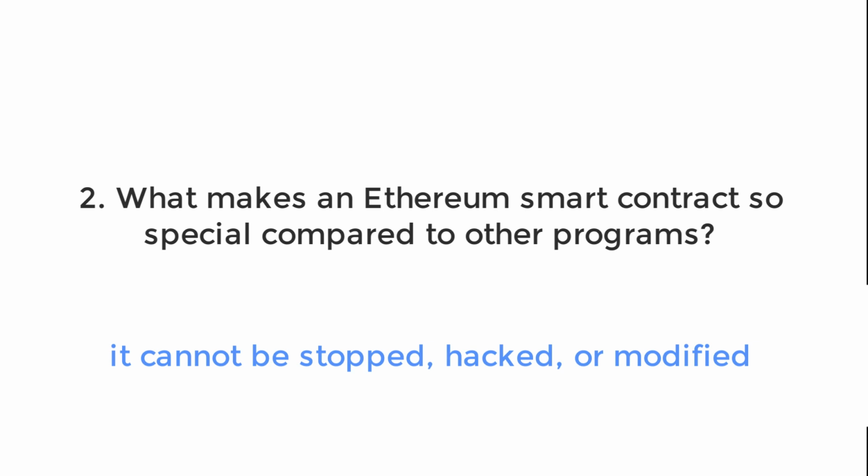It also cannot be hacked, as long as the code of the smart contract is correct, of course. If there is a bug in the code, then of course your contract can be hacked, like what happened to the DAO. And it's also not possible to modify a smart contract. Just to be specific, the part that cannot be changed is the code, so we said that the code is immutable. However, the data of the smart contract can be modified.